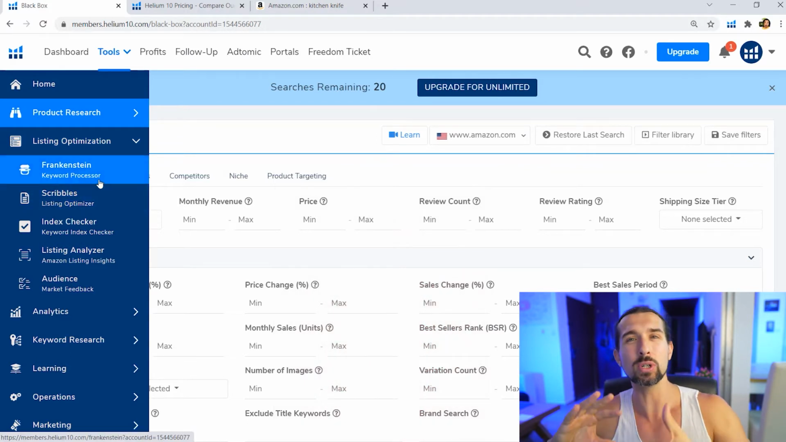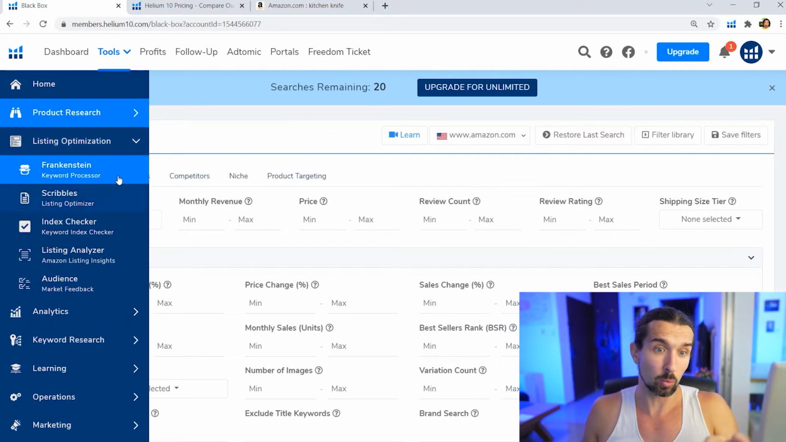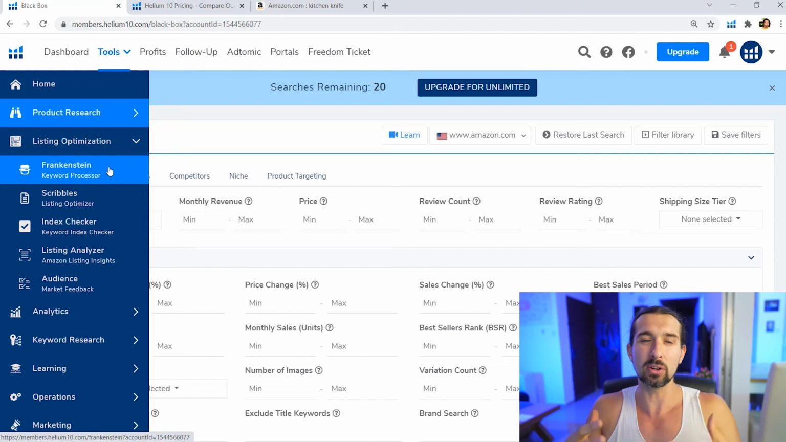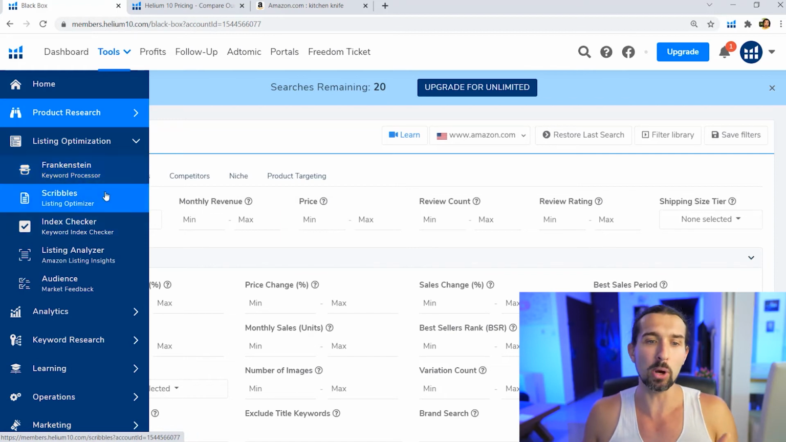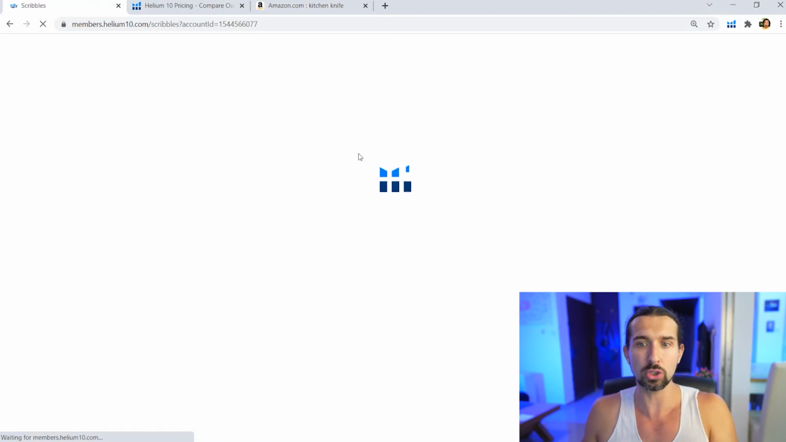Frankenstein to process keywords that you find. So you're going to find different keywords with Helium 10, with the keyword research that we're going to talk about in a bit. But also with the Frankenstein, you'll be able to process them and kind of clean the junk. With Scribbles, you'll be able to build your listing inside Scribbles. I'm going to show it to you quickly here. So Scribbles, inside you